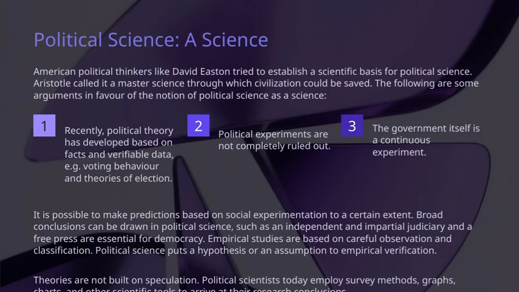The government itself is a continuous experiment. Whenever students of political science test their theories against the data of experience through observation, that process can be regarded as scientific. But when this analysis is applied to the functioning of political institutions, it becomes more like an art. So, political science is both a science and an art.